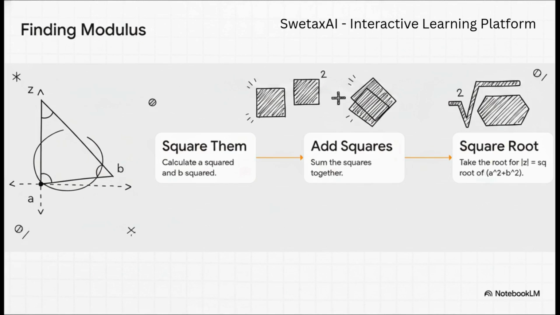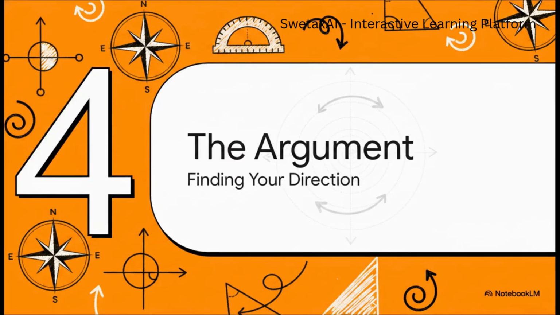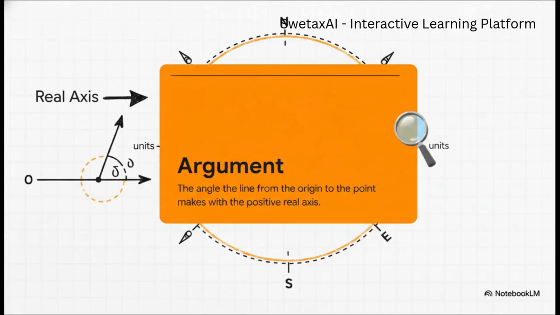If you think about it, you'll probably realize this is literally just the Pythagorean theorem applied to our Argand map. Section 4. Understanding the argument, direction. Now, if the modulus is your distance, the argument, or amplitude, is basically the angle of your compass guiding your path. Because let's face it, knowing you need to walk 5 units isn't very helpful unless you know which direction you're supposed to walk in. The argument gives you that direction. It's the specific angle created between the positive real axis, pointing directly to the right, and the line segment drawn